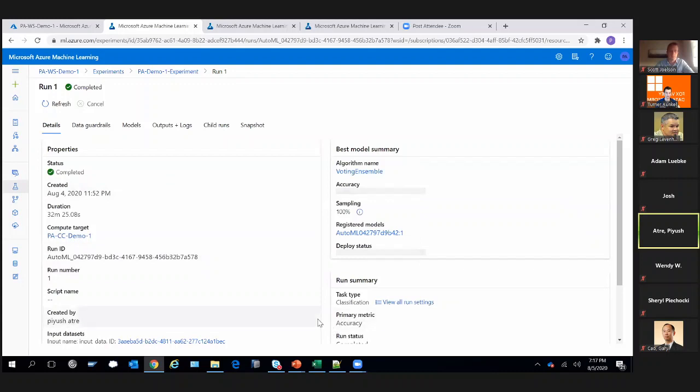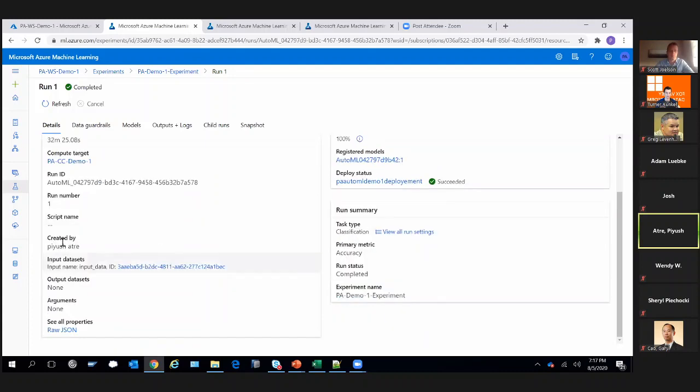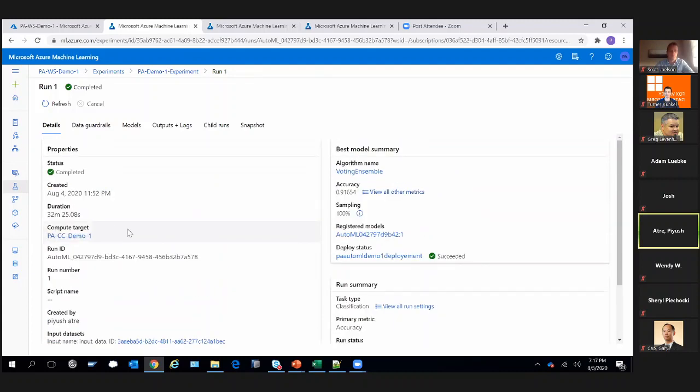This was the last one I had with the same use case which we have gone through. So here, if you see, it gives you stats about how much time it took, the duration, and at